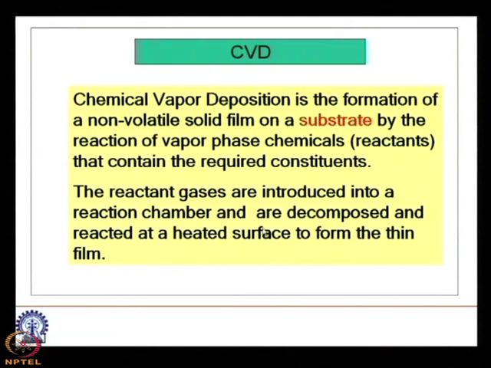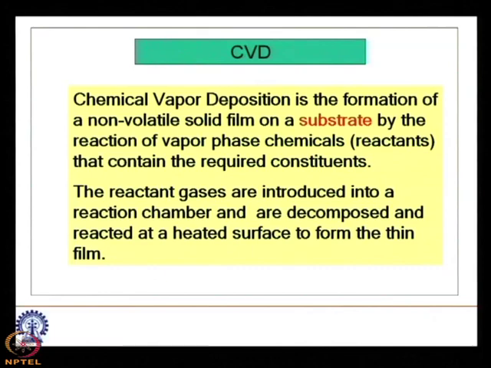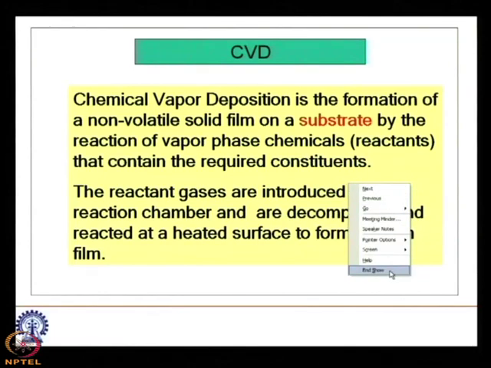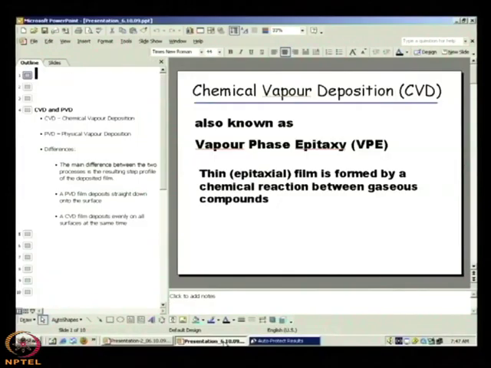For silicon thin film, if you have to make some epitaxial film, then what should be the substrate? Silicon. For silicon, what should be the substrate for epitaxial film deposition? Silicon. The best option is to use silicon. Then you have to use the silicon substrate, and then you can have silicon epitaxial film on it.